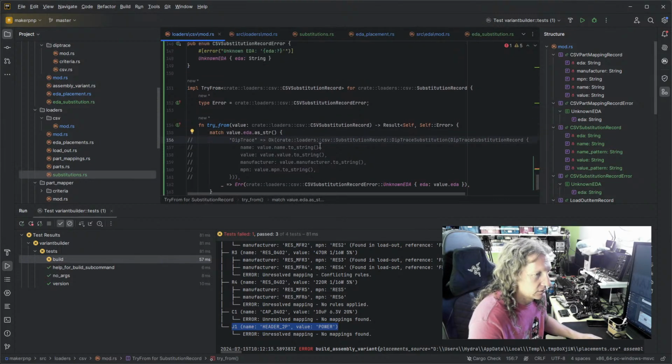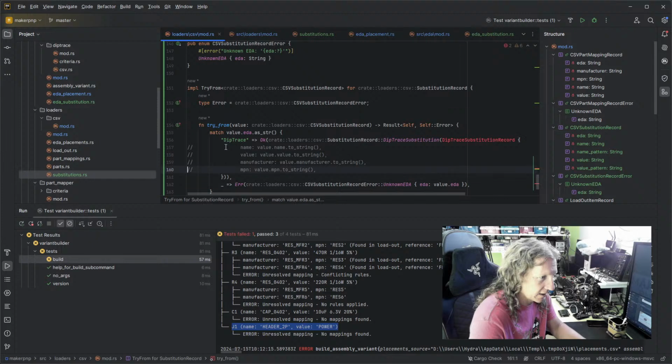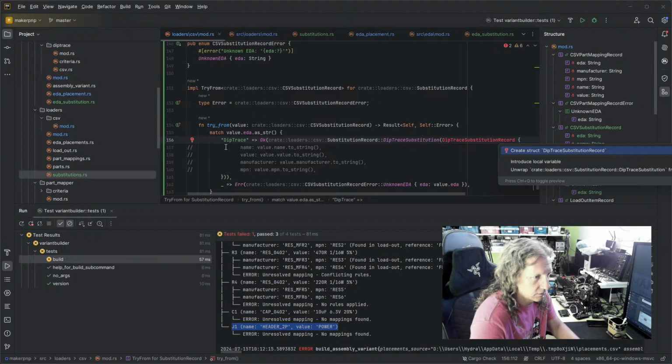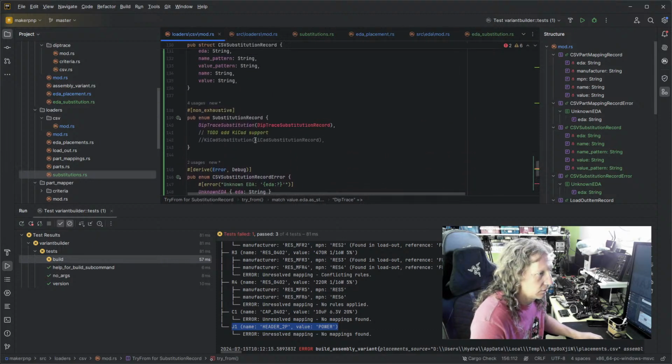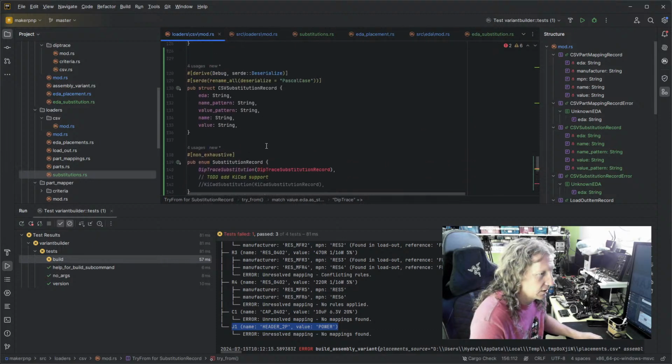Yeah, seems all right. But if it's a DipTrace one, then we're going to return a DipTrace substitution which needs to be